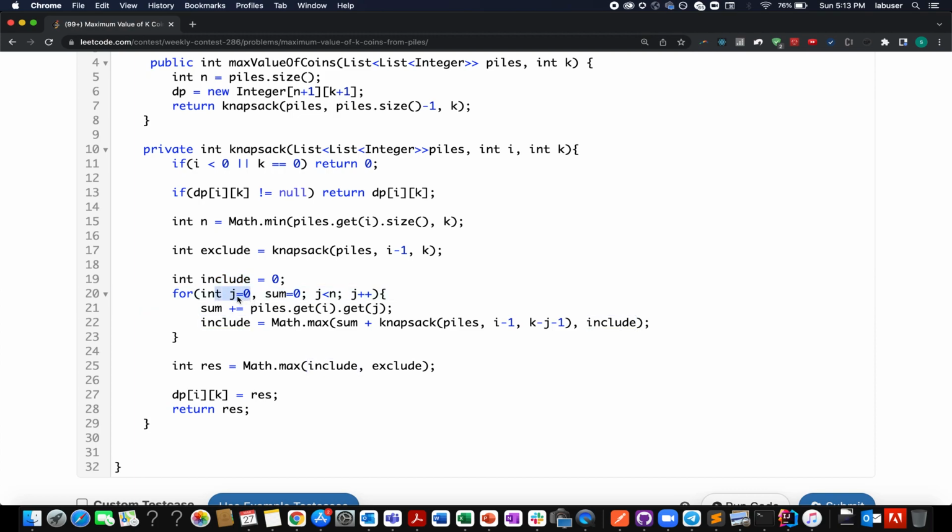I start the iteration from j equals 0, a sum variable is initialized to 0, j is less than n, j plus plus. I consume the jth element from the ith pile, I add it to my sum, and with each iteration I calculate the maximum inclusive value that can be generated. It would be given by Math.max. You include the current element that you have calculated so far, and the other one would be sum plus